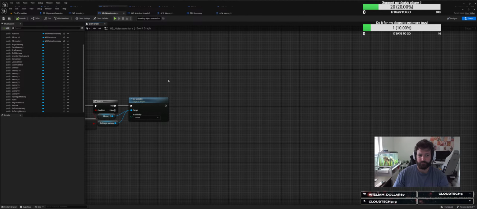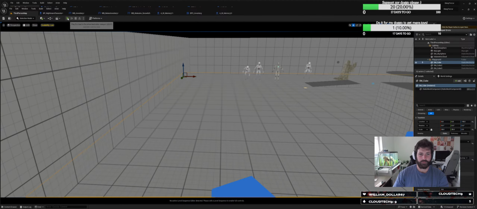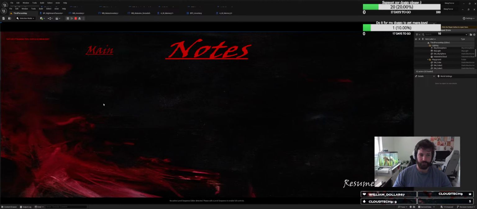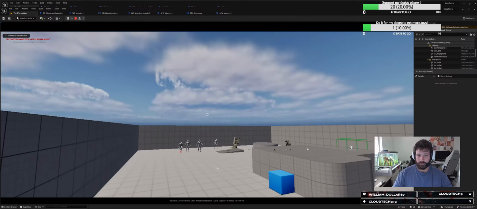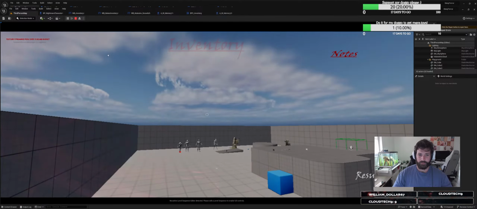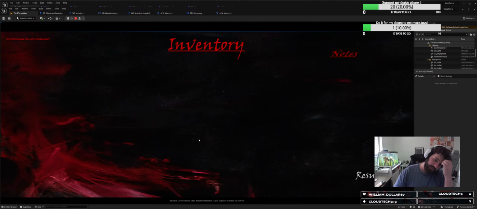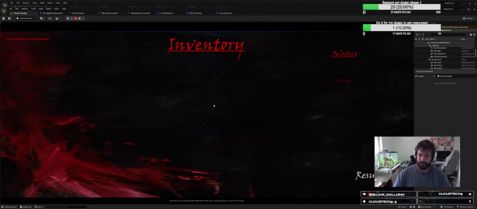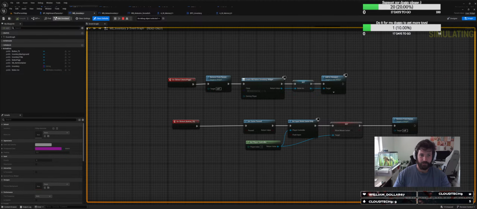UI is my number one enemy right now because I still have the problem of if I hit this and I open my inventory with tab, which is my input action to do that, and then I hit notes to bring up the note page. And you can kind of see it here because the canvas panel is somehow messed up. The game is behind it, right? If I hit resume, I can go back. But if I hit notes and then I hit main menu, it reopens the main menu. But I can't hit tab to close it, like without touching anything. I can hit tab and it closes it because the functionality there is set up for